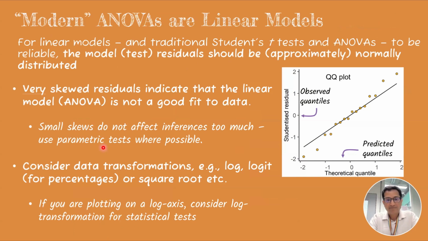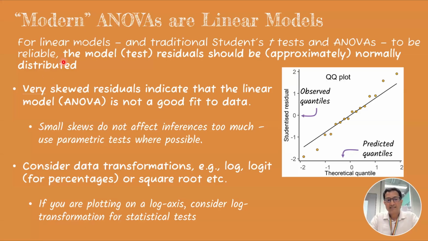And so one thing to remember then is that modern ANOVAs are actually linear models. What you do in R, they're technically called linear models. And one way to think of linear models, the simplest thing, is to think of them as fitting straight lines to data, which we often do, for example, when we are plotting a standard curve for an ELISA or a Bradford in a colorimetric assay, right? And one of the things that we do there is to check if the line that we have fit is a good fit to the data.